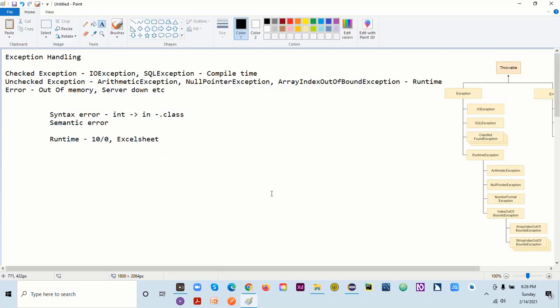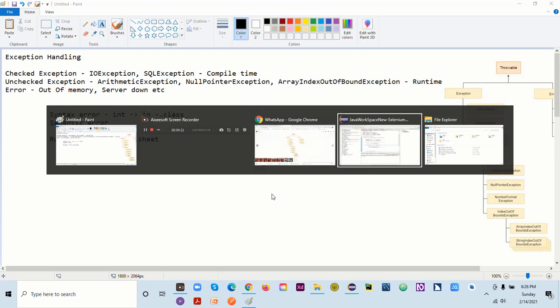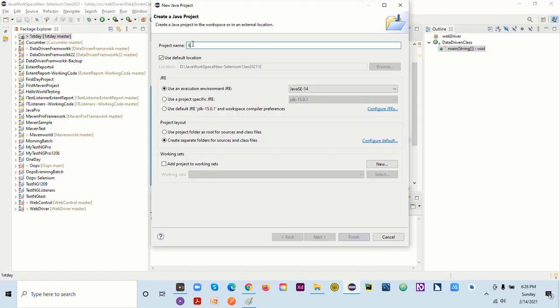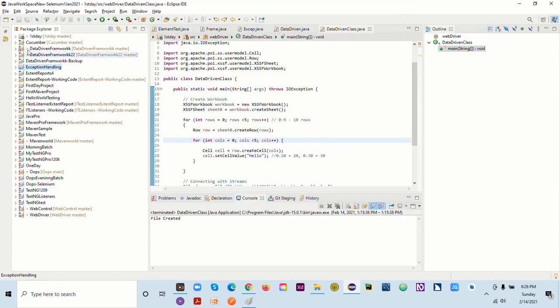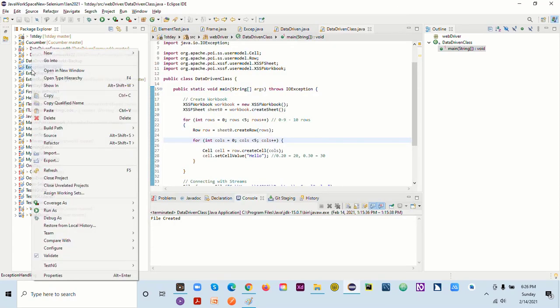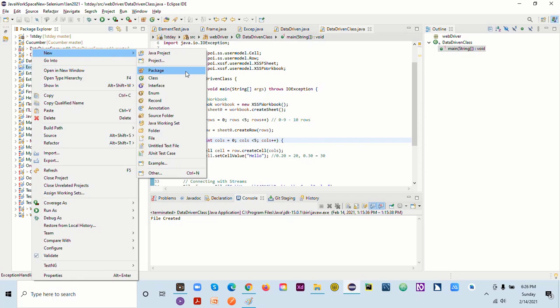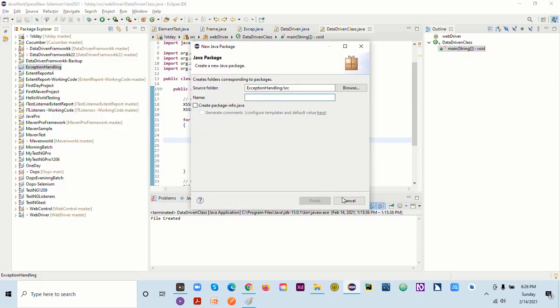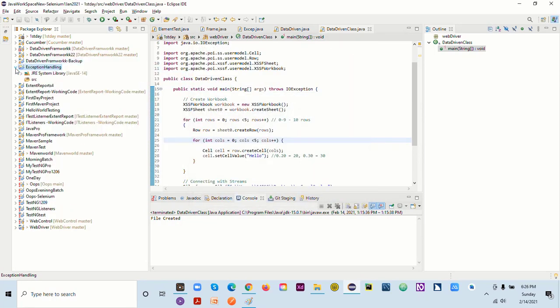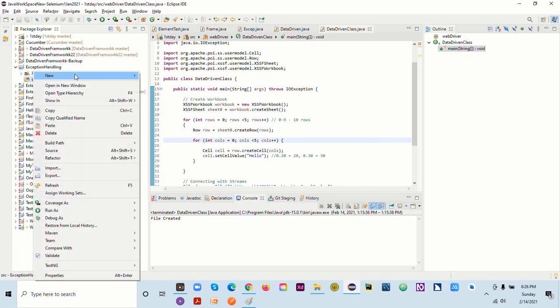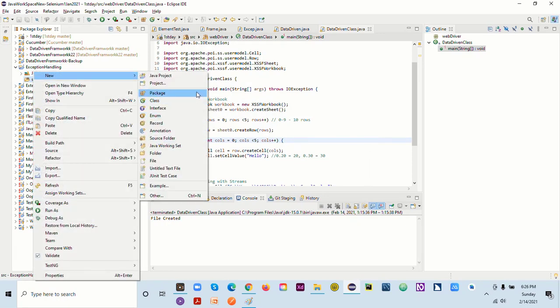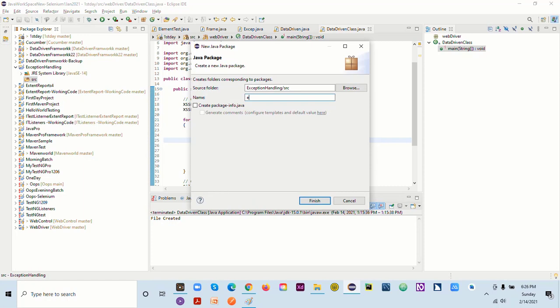Let's say I'm writing a program here. I'm creating one project, exception. Here I'll create a package, and I can give any name here, exception handling.